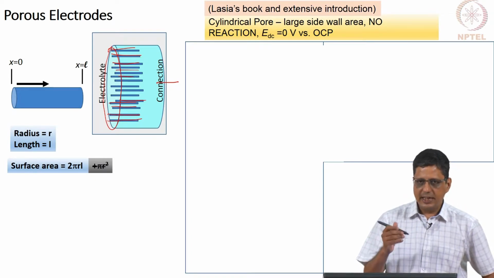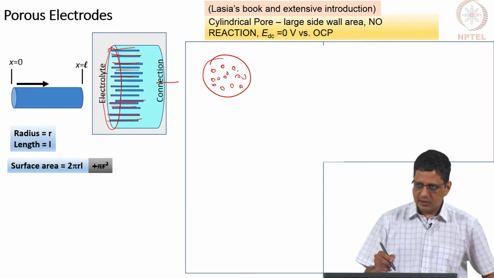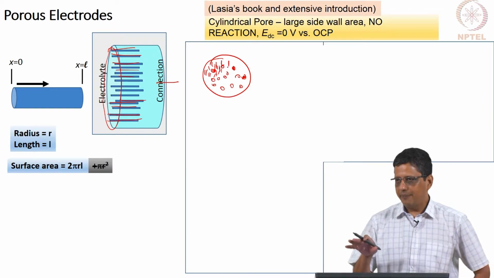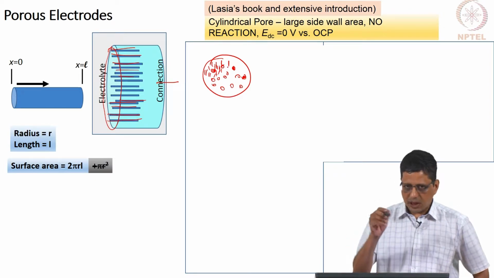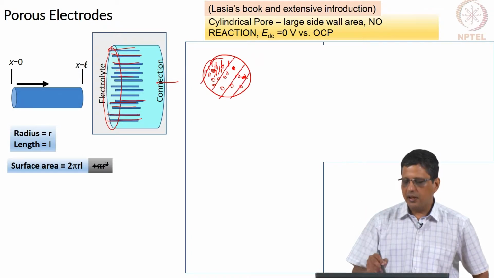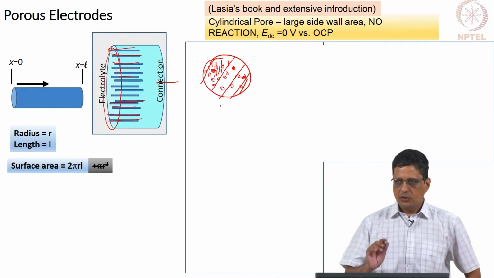This front surface has an area. So, if I draw this here, I see a lot of pores here. At the bottom of this, you will have a surface area. At the top, where there is no pore, those areas will also give rise to a particular area. The total area of the bottom of the pores and the non-porous area is going to be equal to the geometric area of this if you assume there is no pore. So, that is one area.